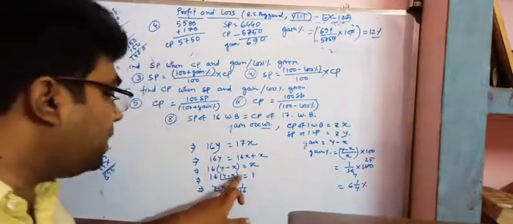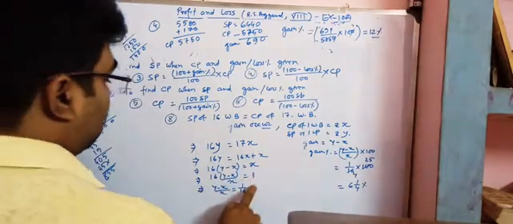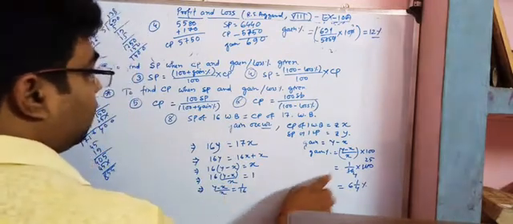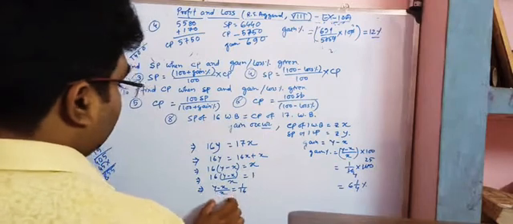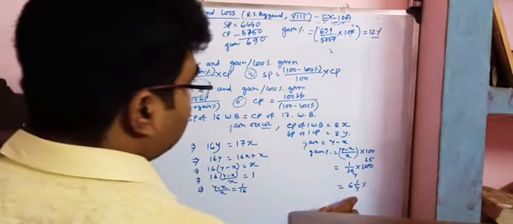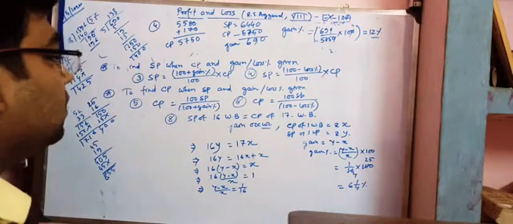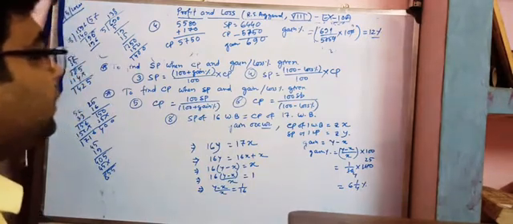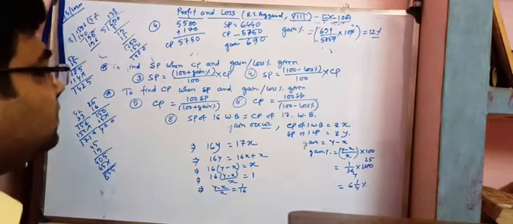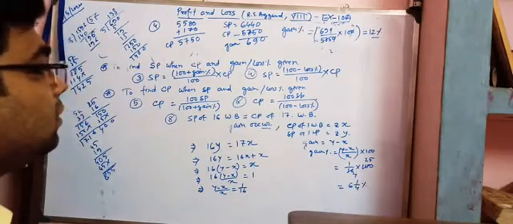That means 16 into (Y minus X) by X. We are dividing by X here. We are getting the right side equal to 1. So (Y minus X) by X is equal to 1 by 16. Now putting this value over here, we are getting the gain percent is 6 and 1 by 4%. Okay. So this is one method of solving this question. There is another method; I will show you how to solve this question. Okay.